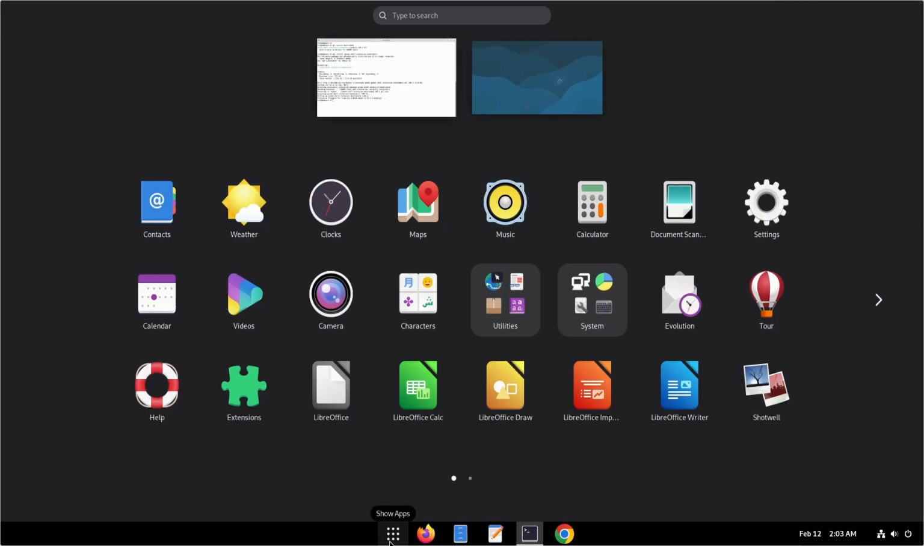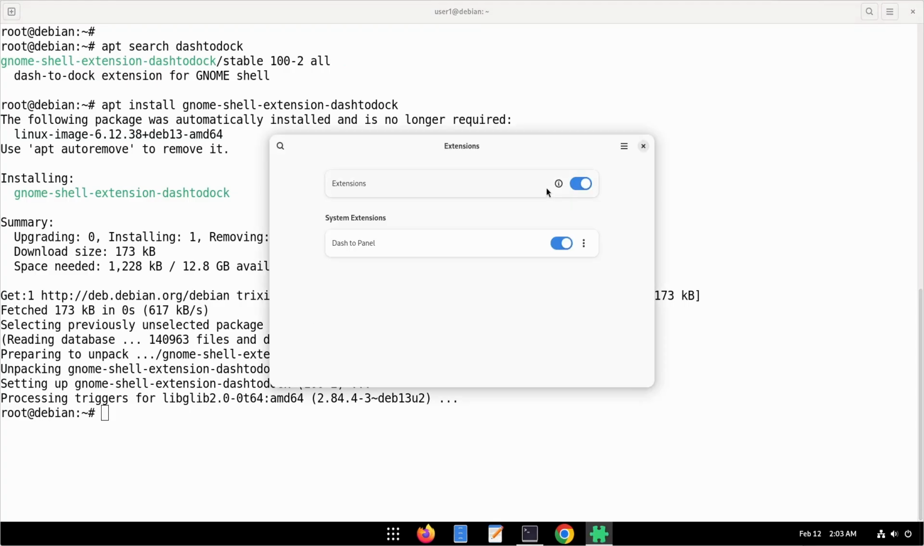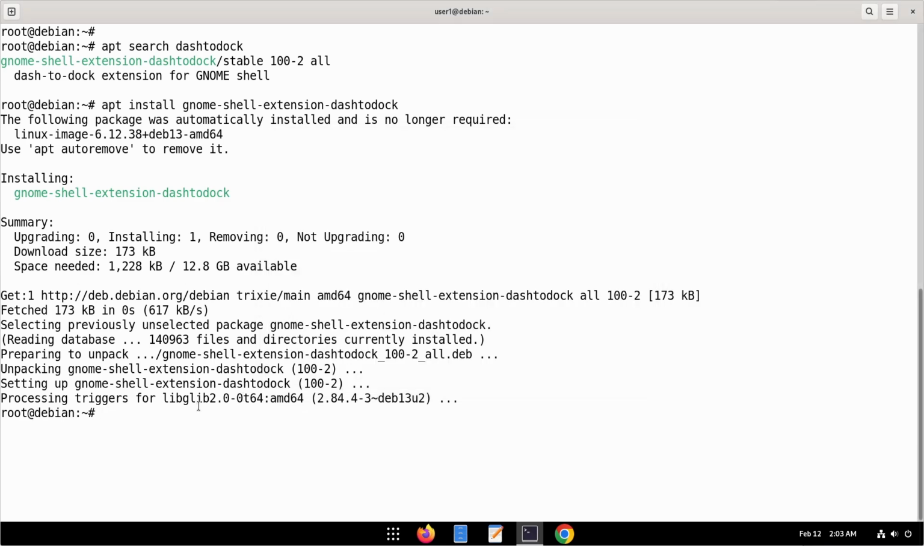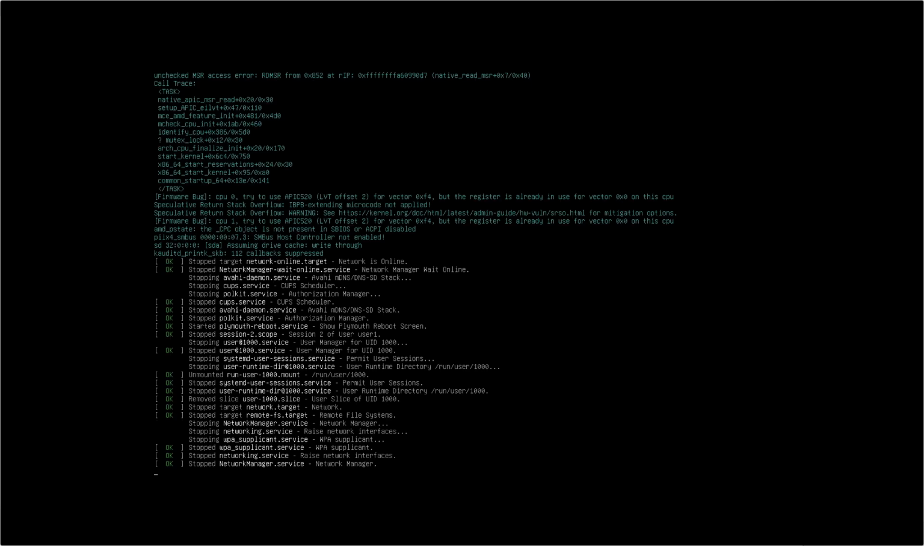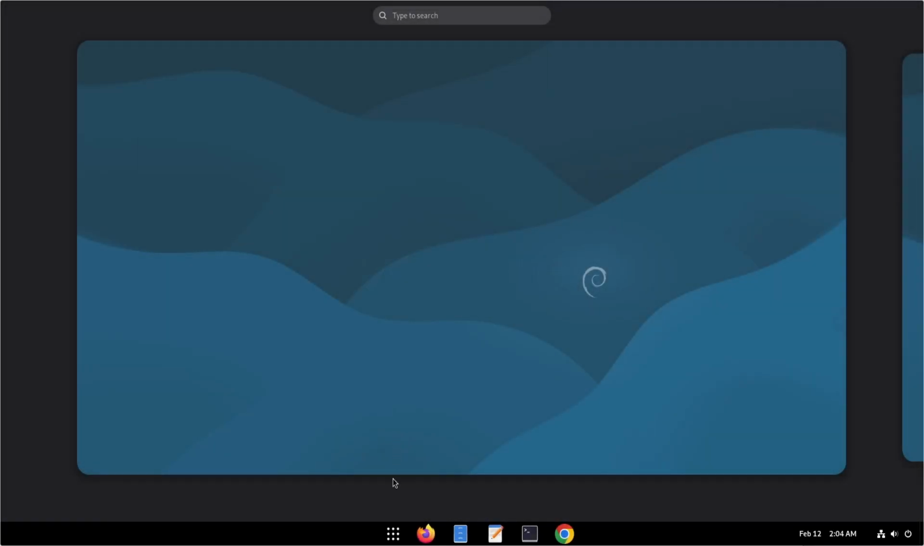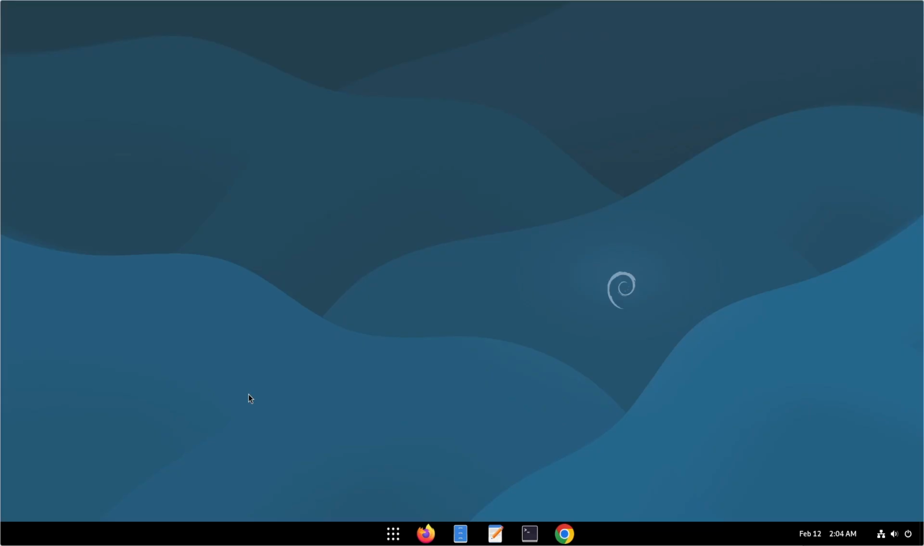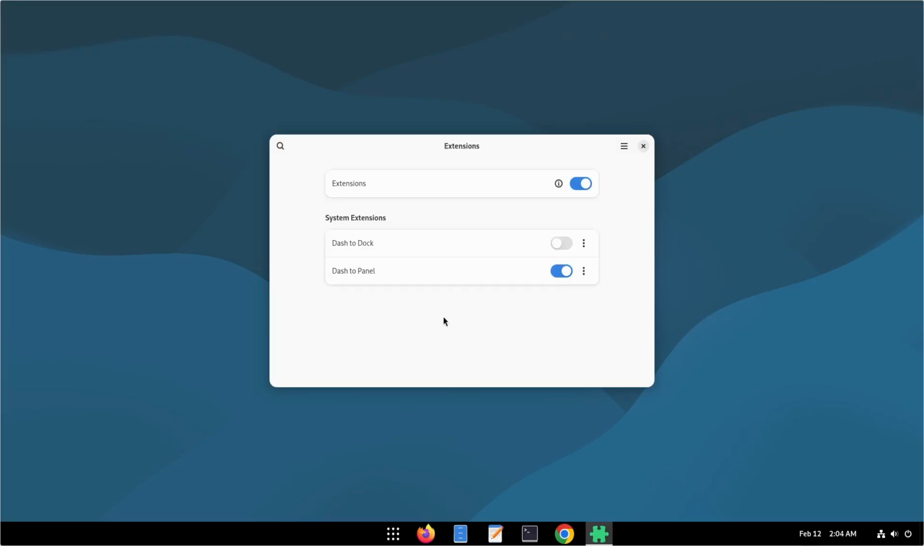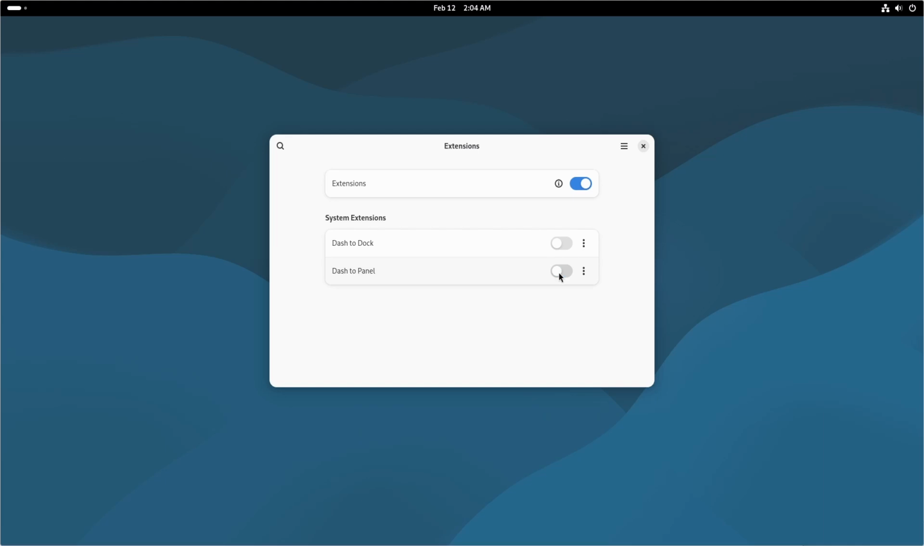And then we will start the Extensions Manager, and it doesn't recognize the extension yet, so we will again reboot the computer. And after the restart, now if we go to Extensions Manager, we have a new extension called Dash to Dock. So first we will disable the Dash to Panel extension, and then we will enable Dash to Dock, and that gives us this Apple Mac